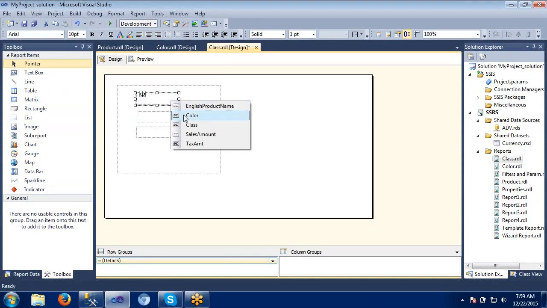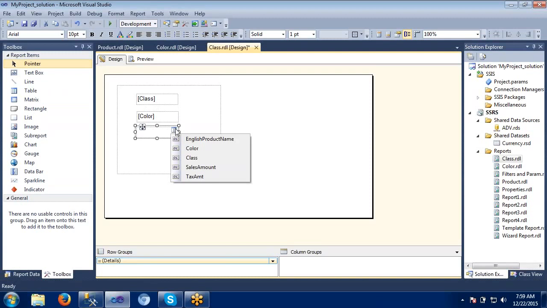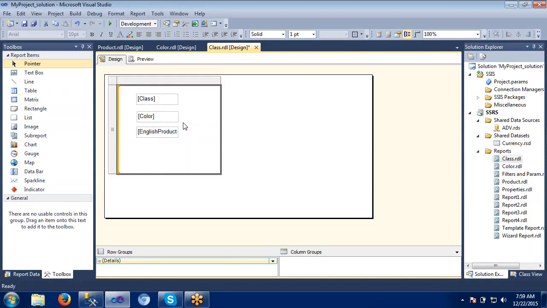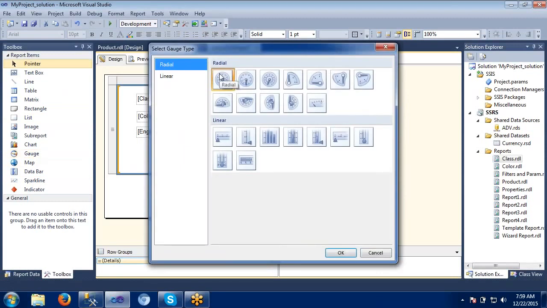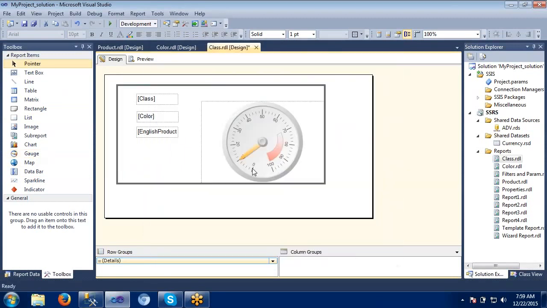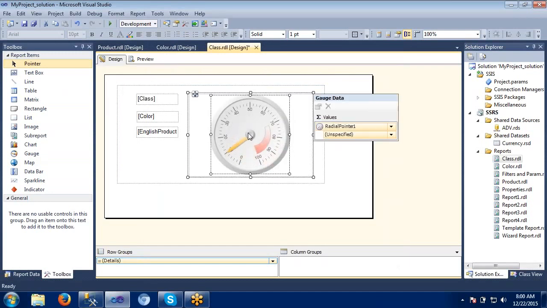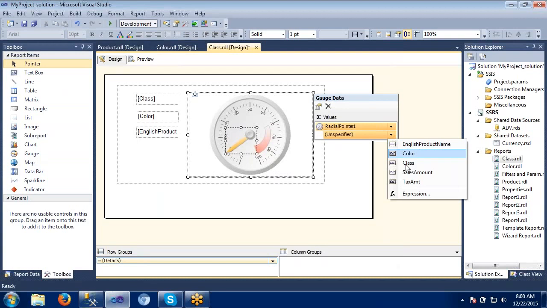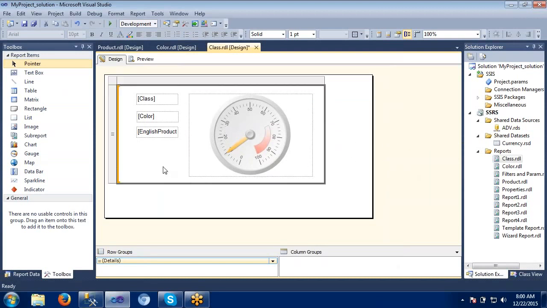Here I will give class, color, and product. Okay, and here I will place some gauge here. Okay, and here I will specify the sales amount.